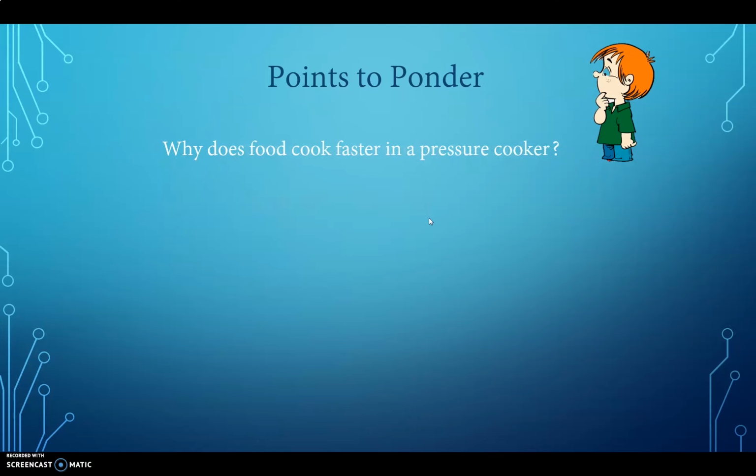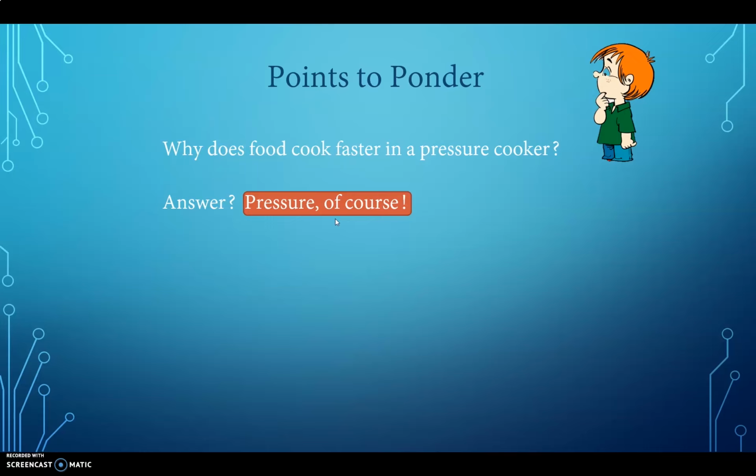And finally, one last question. Why does food cook faster in a pressure cooker? Well, the whole key behind a pressure cooker is pressure. I mean, inside a pressure cooker, it's sealed so that when the water begins to boil, all of that water vapor increases the pressure inside of the pressure cooker. And as we learned a little bit ago, the boiling point of water depends on the external